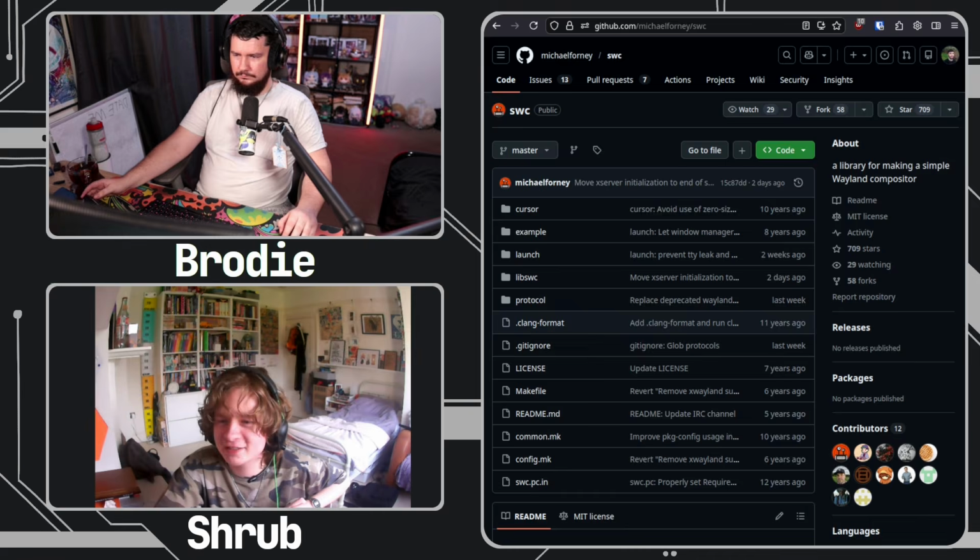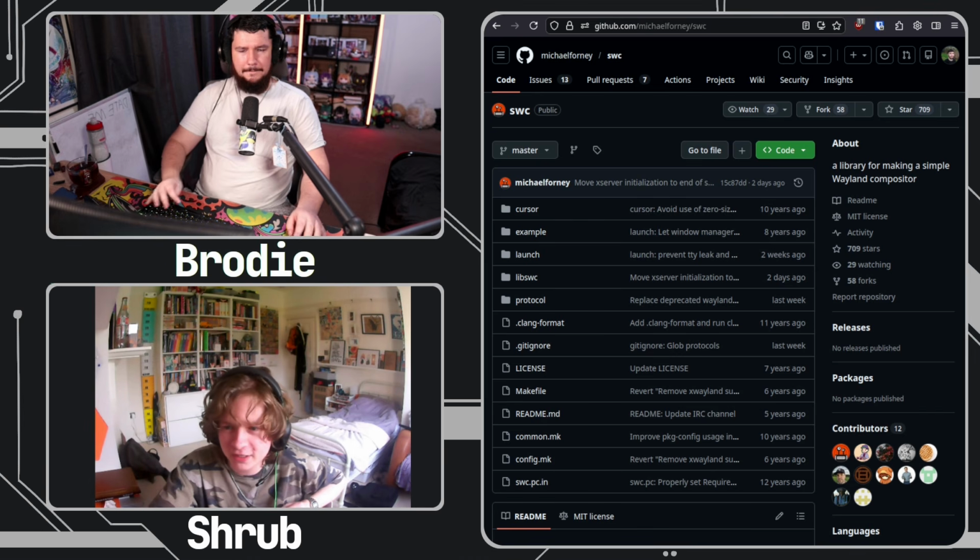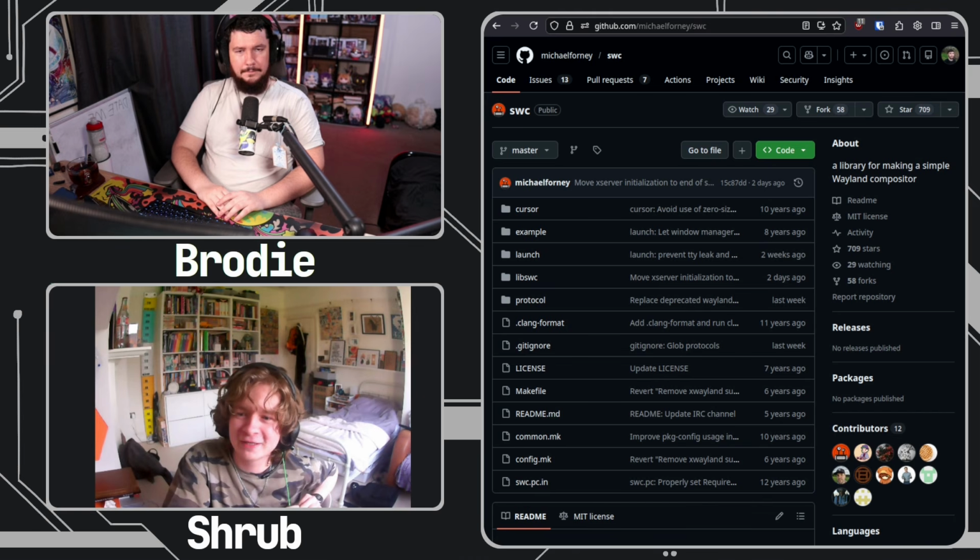It's comparable to writing a window manager for X. You basically just have to handle window management logic and everything else is handled for you. Now, maybe people would say, oh, you don't have as much freedom. What I would say is you could just edit the compositor library. That's what I did originally when I was making Havel. I wanted to add that zoom feature. That is probably the thing that got me 1 million upvotes on Reddit or whatever. I wanted to add that.